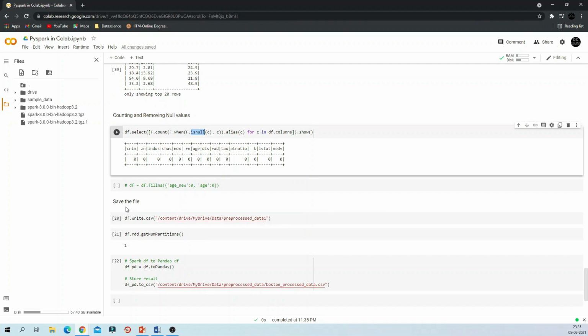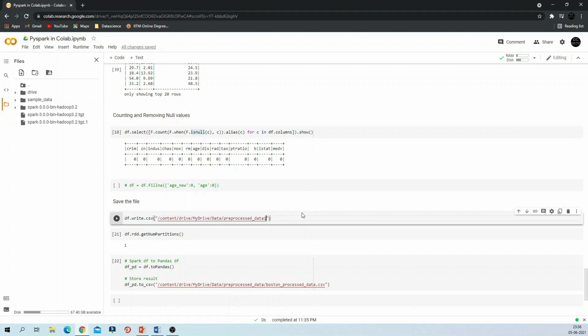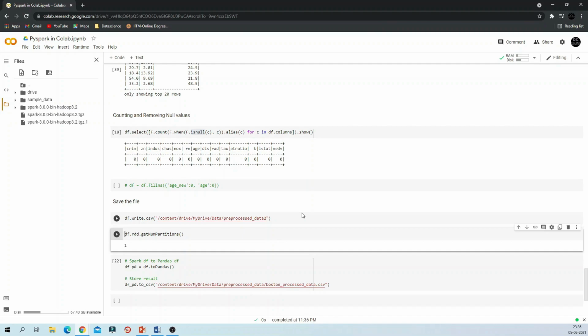And the next step is, I already have this Spark data frame, and I want to write back this pre-processed data into a CSV file. So I can use df.write, the Spark data frame name, .write.csv and then the path. Here I no need to mention CSV because it is already a CSV file. So I can say this, let me change it to data 2 because data 1 already exists for me. So I run this. Okay, so this is saved.